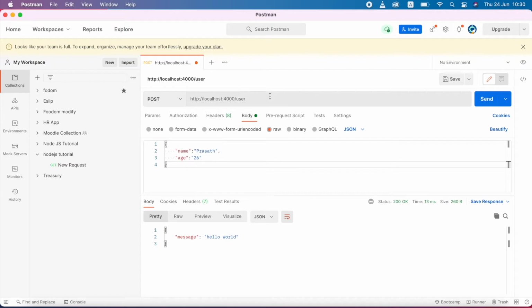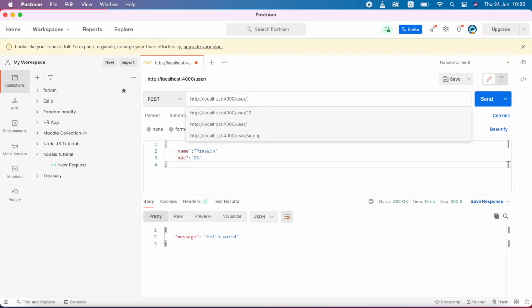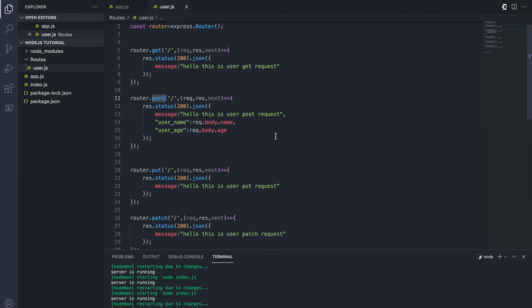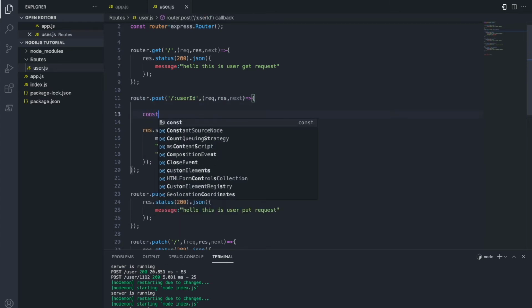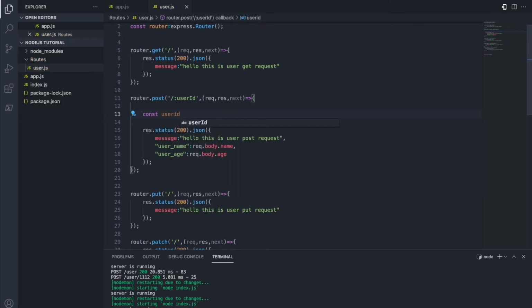So now we are going to see how we can accept a request with params. I'm giving the parameter as 10. So I'm going to the user routes again, and after the post I'm going to give a colon and one value. This is userId. You can set whatever name you like here. After that I'm going to create one constant, userId equals, then the same name which you gave before. Then I'm taking this userId here. I copy this one.